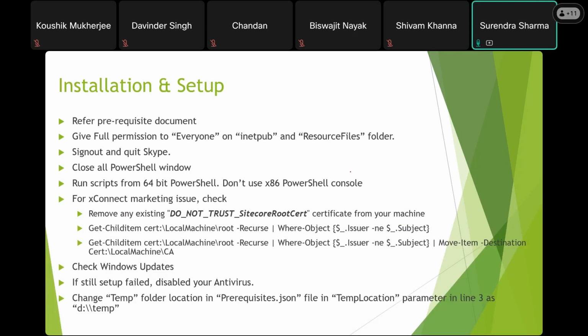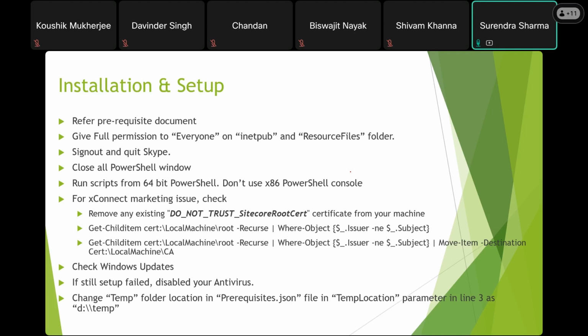So there are lots of prerequisite software and the product that we need to install. So the team must be aware of it. There may be chances that some new people are working in your team who don't know anything about Sitecore or who don't know how to install it. So for that, either you can create a document or you can create a video so that they can follow it and then they can set up their machine, because installing Sitecore on a fresh machine itself takes 3